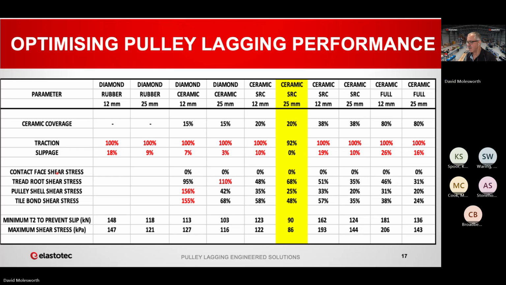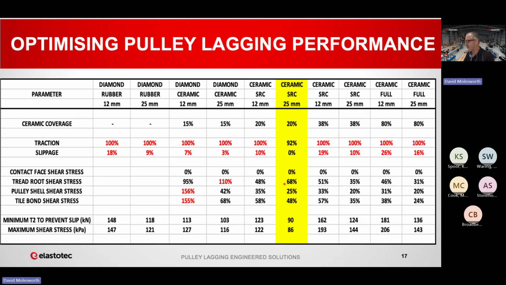Yep, definitely. So again, you've got the summary of the results of that in these 4 lines: contact face shear stress, tread root shear stress, pulley shell shear, tread root shear stress, and the tile bond shear stress. This one down the bottom, this is really really useful, this maximum shear stress. So in this particular example, there's only one lagging that has no slip and falls within the fatigue envelope. So the decision on which lagging to choose is pretty